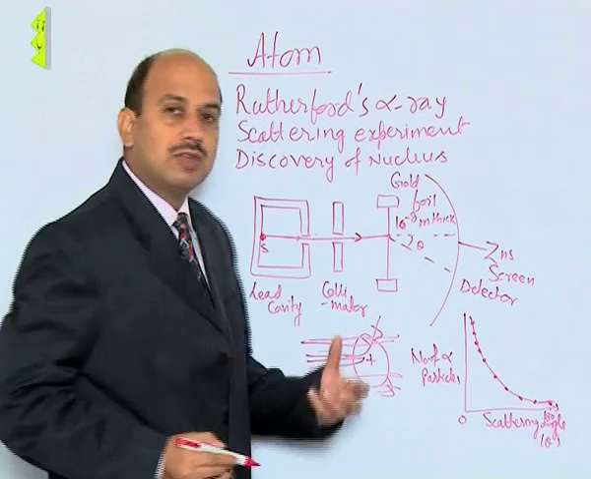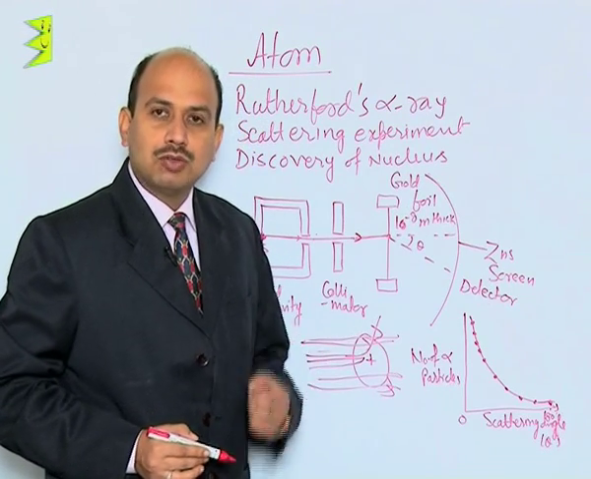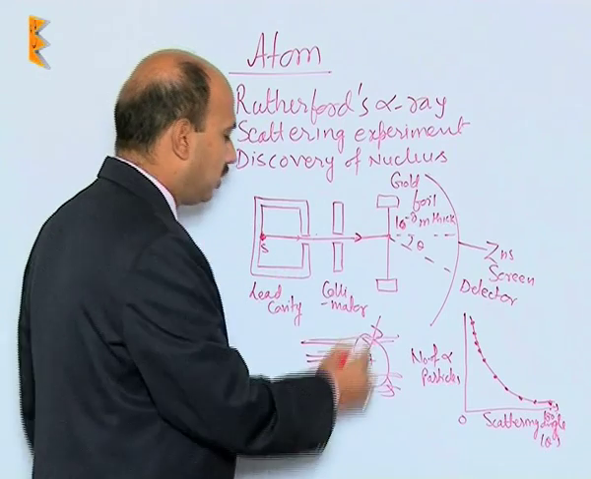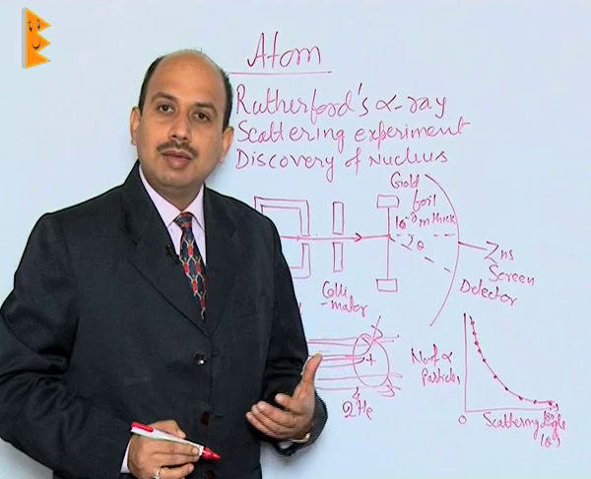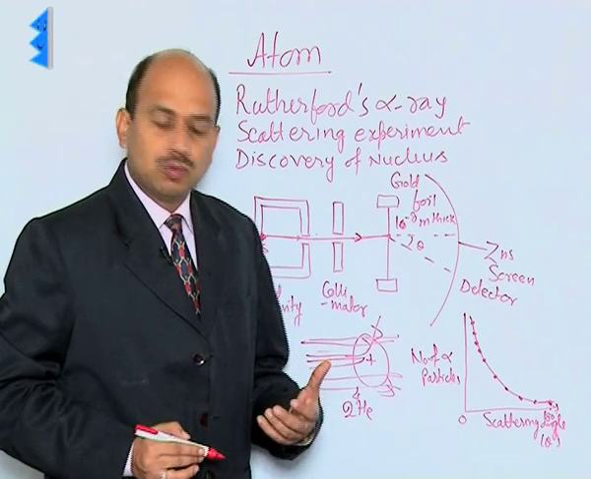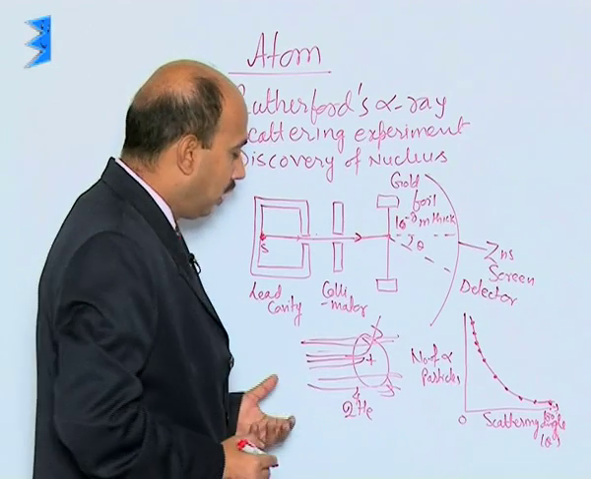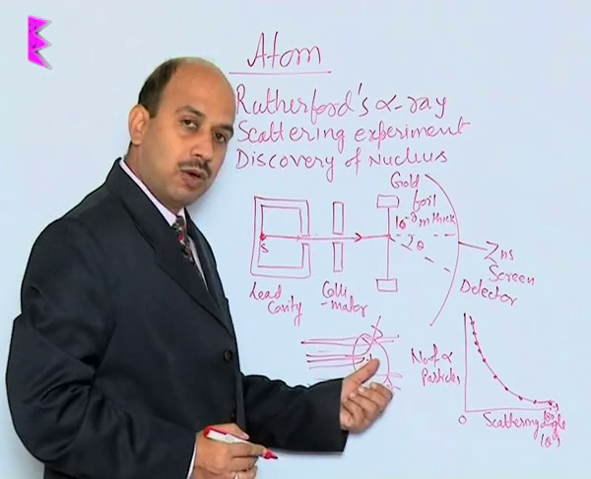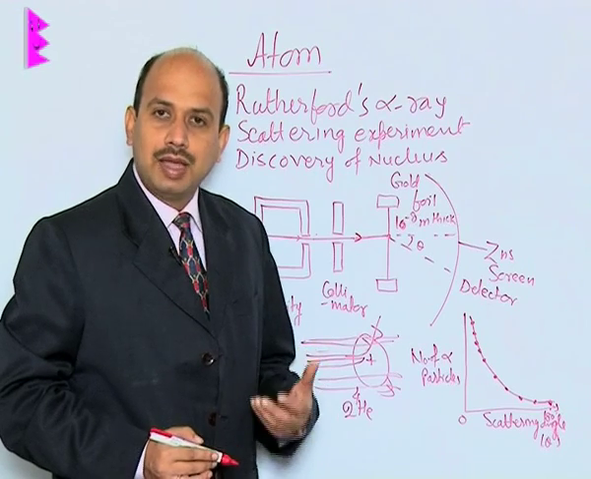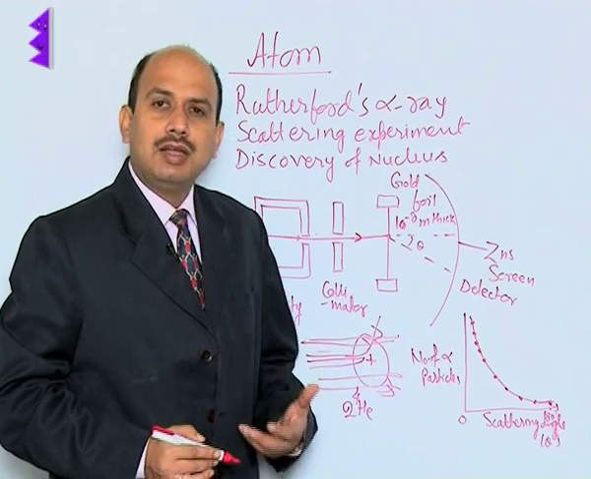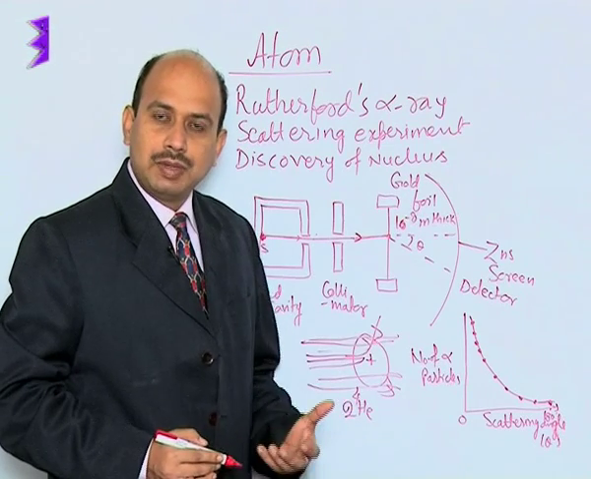It shows that the center part is very heavy and positively charged, because the alpha particle is also positively charged, that is the 2He4 helium nucleus. A helium nucleus can only rebound if it is being repelled by the nucleus here. So, the particles bouncing back at a large scattering angle show that the center part of the atom is positively charged and very heavy, but the rest of the atom is almost empty,